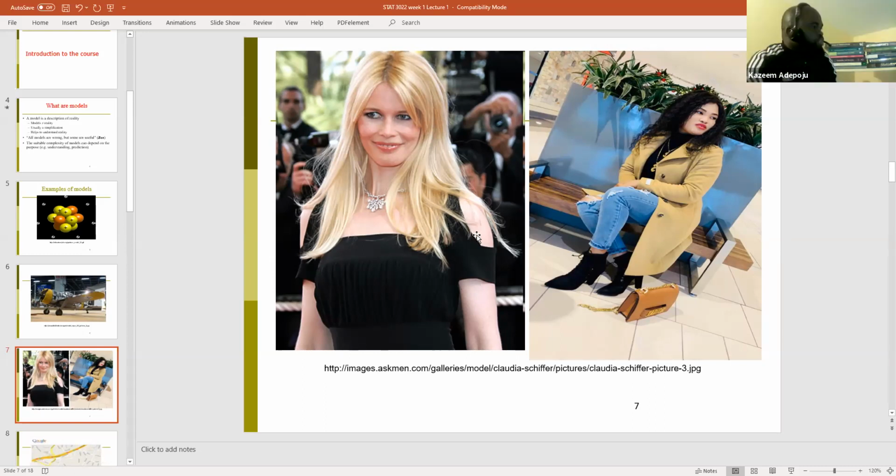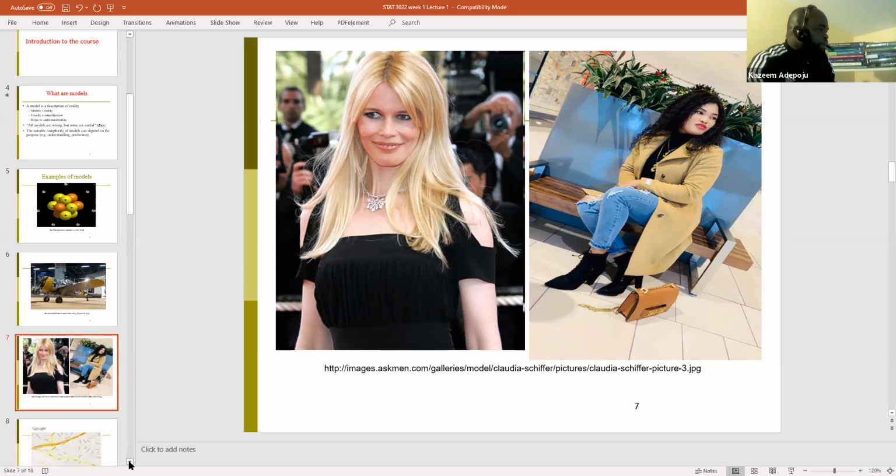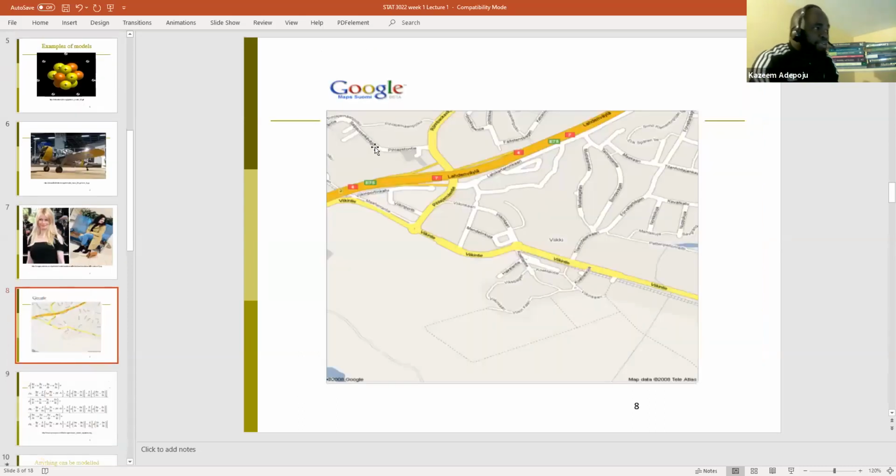Okay. Now, another example of a model. Take a look at that. This is a Google map. Can you see the Google map? This is depicting locations using a picture. That's a model because that location exists, and you are trying to depict it by a picture. Does that make sense to everyone now? So I'm trying to show you examples of a model, okay?